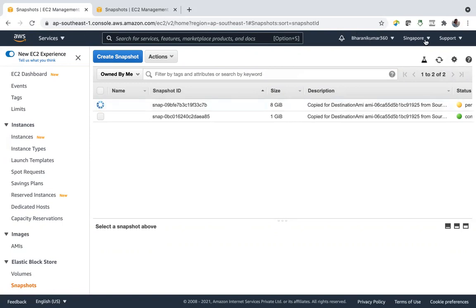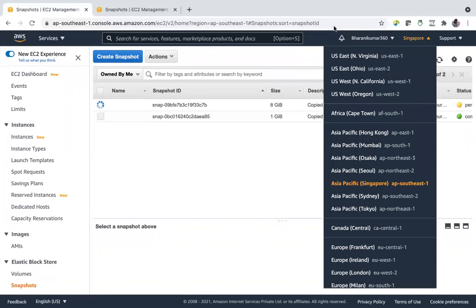Okay, let's go to Mumbai region. We have our copy ready there, AMI ready. So let's go to Mumbai and try to use that AMI.